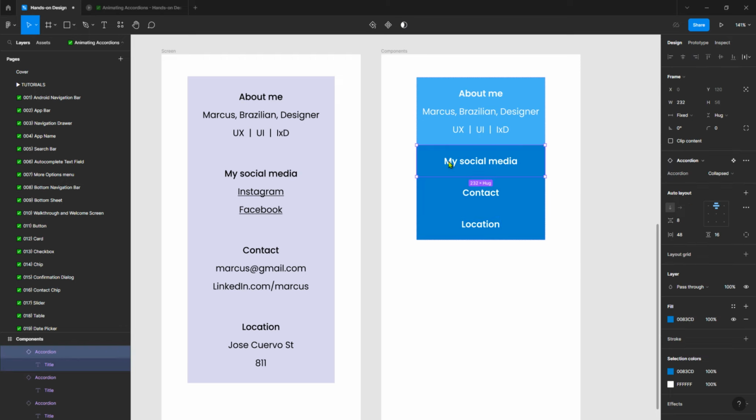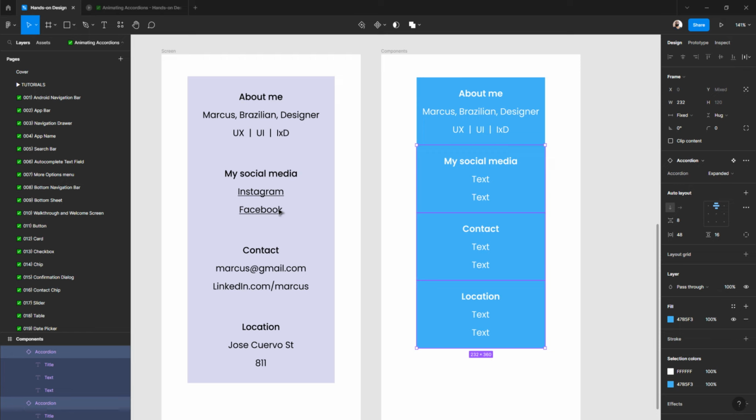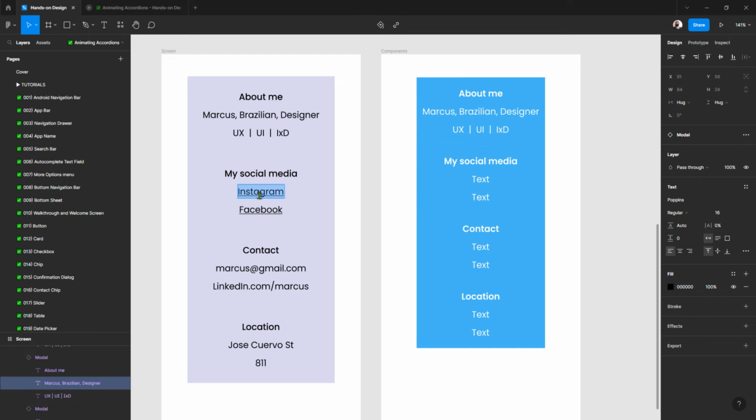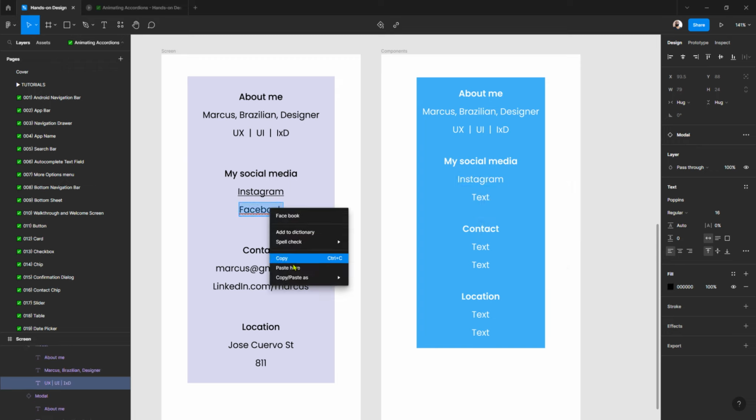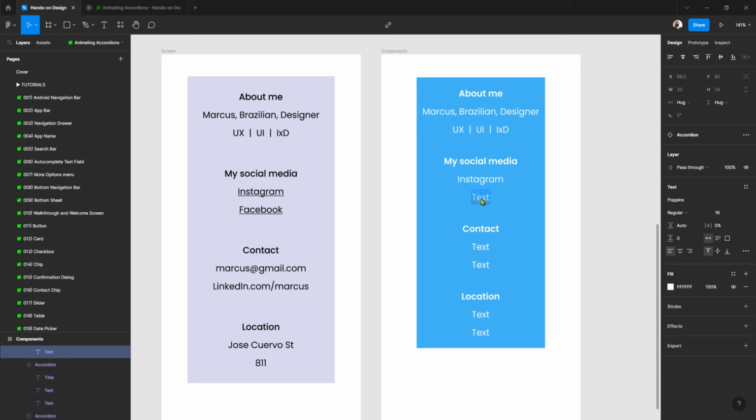Now I will click twice, press and hold Shift, click here and click here again, expand all of them. And now let's keep copying and pasting all the rest. But like I told you before, this is my case because I have the text already. In your case, you don't, so it's necessary to,